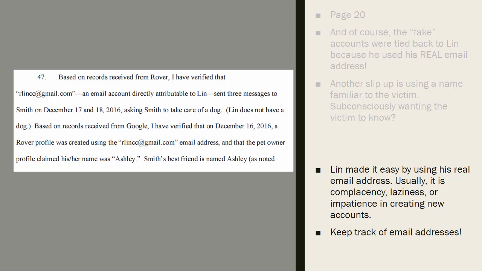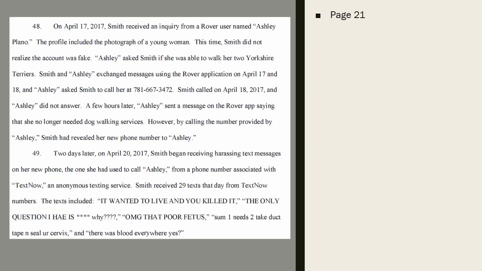And again, that's because of either complacency or laziness or even impatience, because creating fake email addresses is not that quick to do sometimes, unless you have a really spoofing email service where you're not looking to get return emails, and the providers don't really care. It's getting rarer and rarer that is the case. If you're trying to create legitimate accounts through whether it be Uber or Rover, they may not accept these anonymous email accounts. So again, keep track of the email addresses.